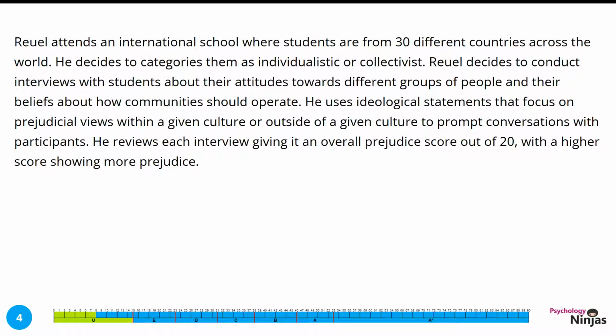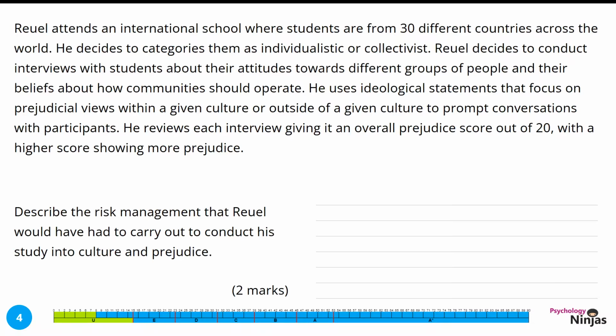He reviews each interview, giving it an overall prejudice score out of 20, with a higher score showing more prejudice. Describe the risk management that Ruel would have had to have carried out to conduct his study into culture and prejudice, 2 marks. Here we have the command word describe, which means we need to give detail and extension to